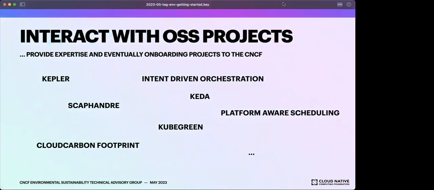So we've been starting this. Next week we have, for example, the creator of Scaphandre giving a demo about the project. We had in the past a demo about Cube Green and Kepler, and probably we will have more and more over time.